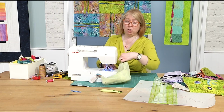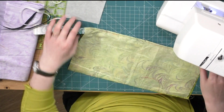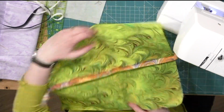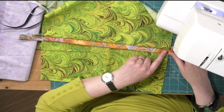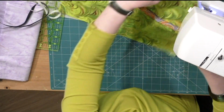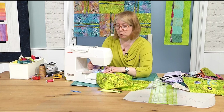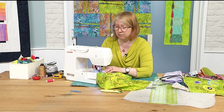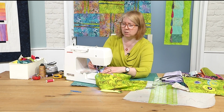So I have very quickly just stitched down that fold line, and then I'm going to open it up, and I'm not going to trim it yet. I'm going to open it up and stitch across this way with the orange on the outside, just along the end. And this is a little tip. When you're trimming your blocks after you've done this, make sure you don't trim this bit off, because you have to trim. You always have to trim your blocks, even with pre-cuts, once you put them together, because